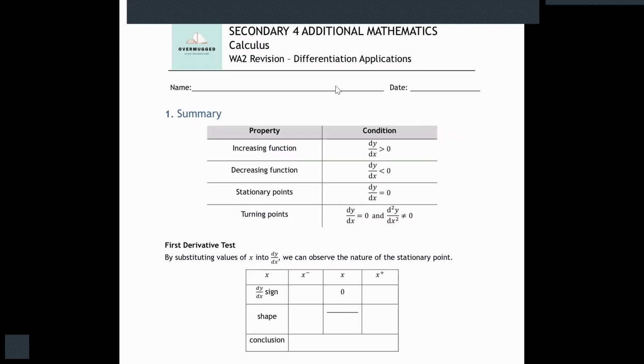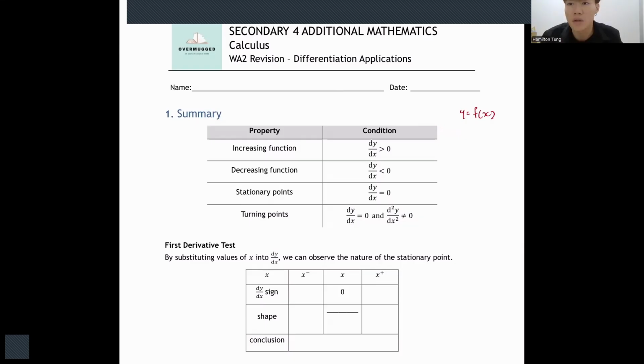So yeah, but I'll be focusing more on the applications of differentiation today, because that's the main agenda for why you all came for this lesson. So first, we talk about what is the principle of dy/dx. Say we have a function y = f(x). This is actually more on differentiation, I guess.